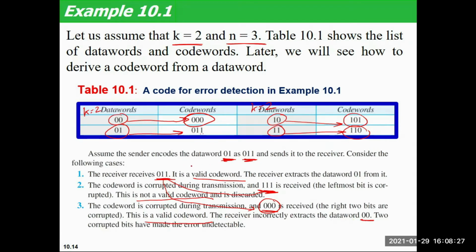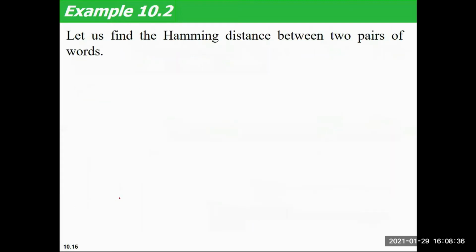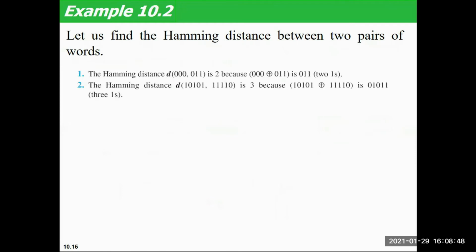Now we will see what we need to do at the receiver side and what we need not do. Before going into detail, first you need to know the concept of Hamming distance. Let's take an example: if I want to calculate the Hamming distance between this bit set and this bit set, we need to do the XOR of these two.